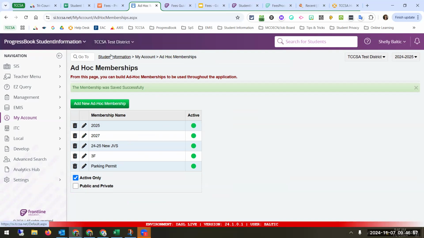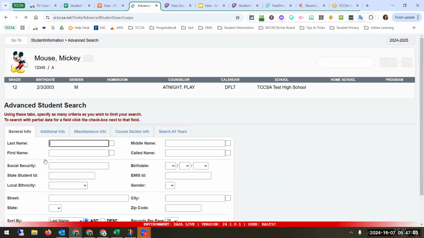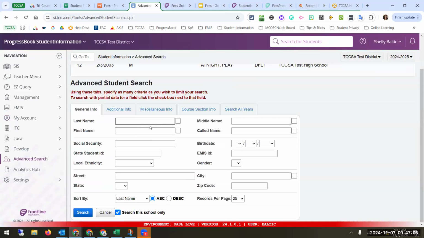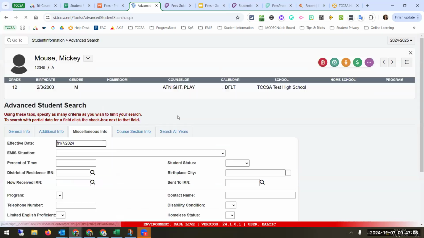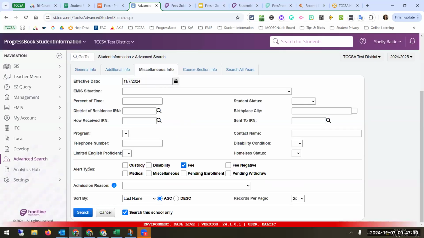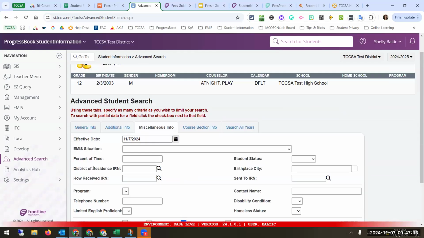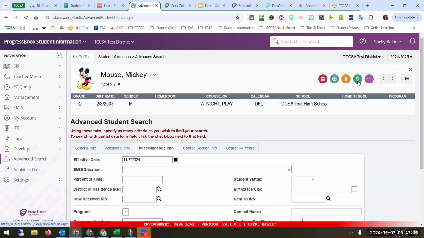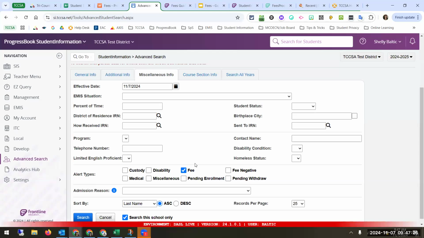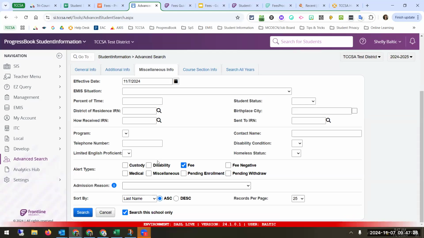Okay, so our other one is using the advanced search. So if I click on my advanced search, I can search for fees. So that is one of our alert types. So if you see Mickey in context, you will see this is our alert for fees. If I click on that, that does take me directly to his open fees screen. But I can also search for any student that has that fee alert applied. And you'll notice that all the other alerts are on here as well. So if I hit search,